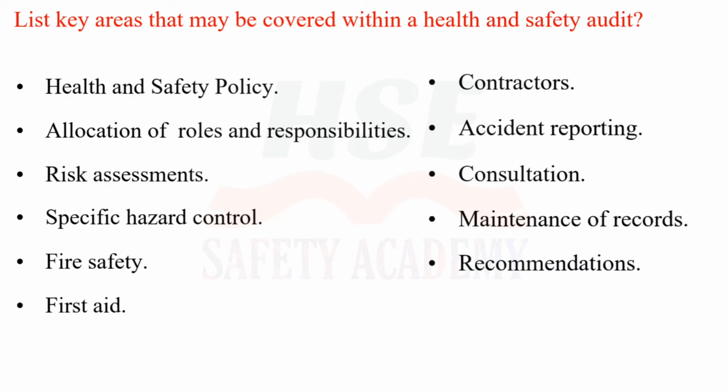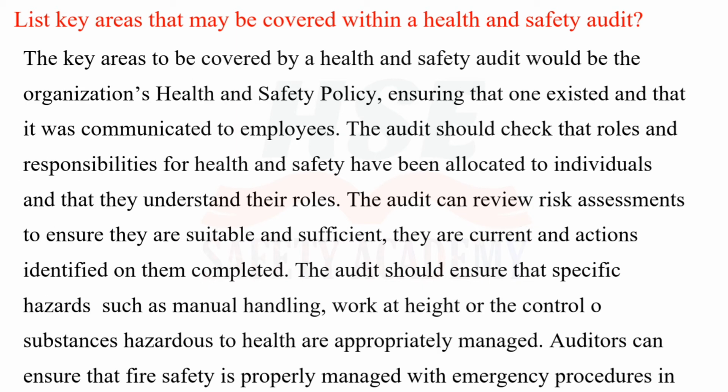List key areas that may be covered within a health and safety audit. Health and safety policy. Allocation of roles and responsibilities. Risk assessments. Specific hazard control. Fire safety. First aid. Contractors. Accident reporting. Consultation. Maintenance of records. Recommendations. The key areas to be covered by a health and safety audit will be the organization's health and safety